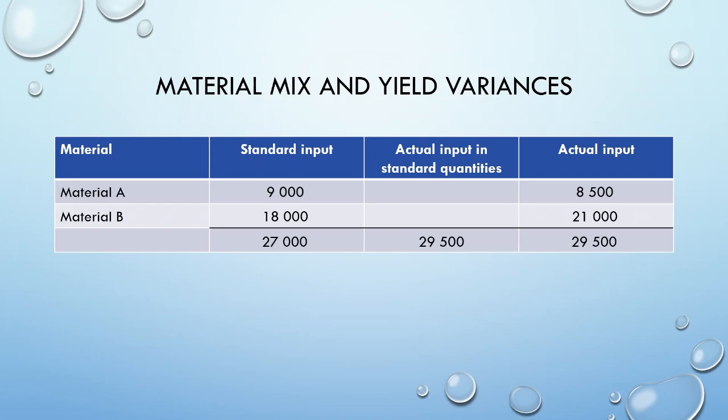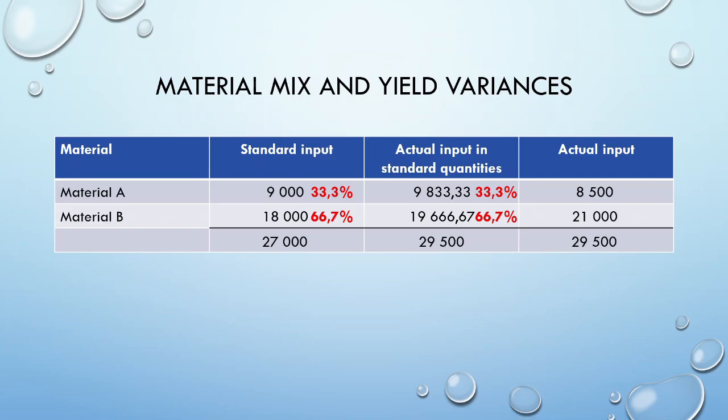If we simplify the standard input column, we see that material A is 33.33% and material B is 66.67%. So in our middle column, it needs to reflect the same ratio. 33.3% of 29,500 is 9,833.33 kgs, while 66.7% is